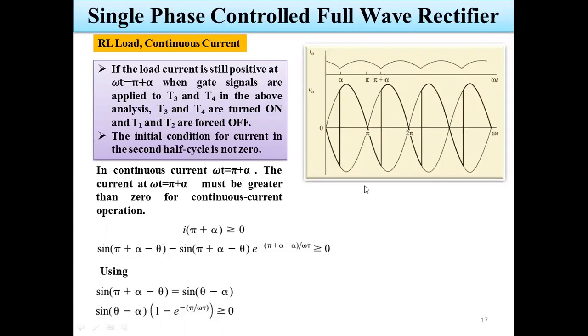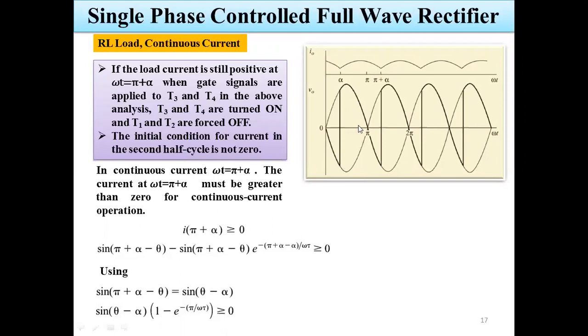Okay, and what about the output voltage? Up to alpha, the negative peak of the voltage value has been shown with the continuous current mode of operation. T3 and T4 will be turned on in this period. In the previous period, it will be coming towards zero with some magnitude, but having a negative magnitude.